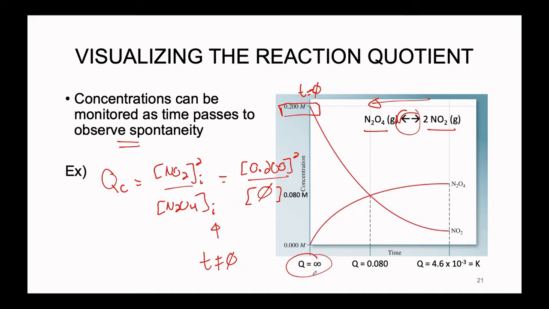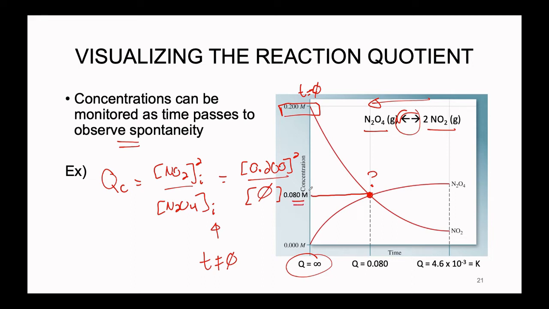It is infinitely bigger, which means that your reaction has too much product and must shift backwards in order to regenerate some of this reactant here. And that is exactly what we end up seeing, right? The concentration of your product goes down and the concentration of your reactant goes up. At some other point T in the future, we can try and double check, like, are we at equilibrium yet here? So this point is going to be when your concentration of reactant and product are both equal to 0.08